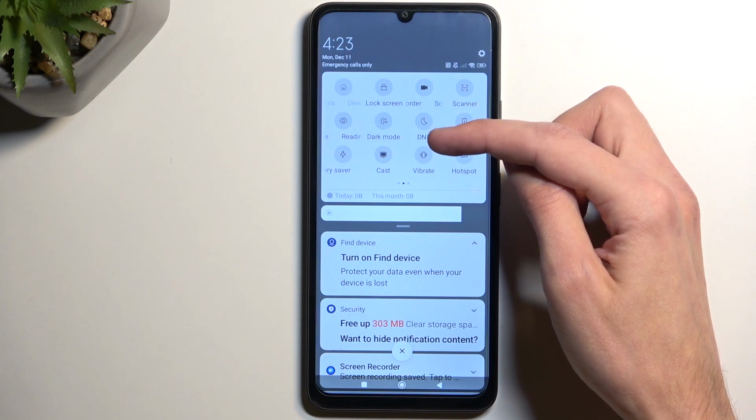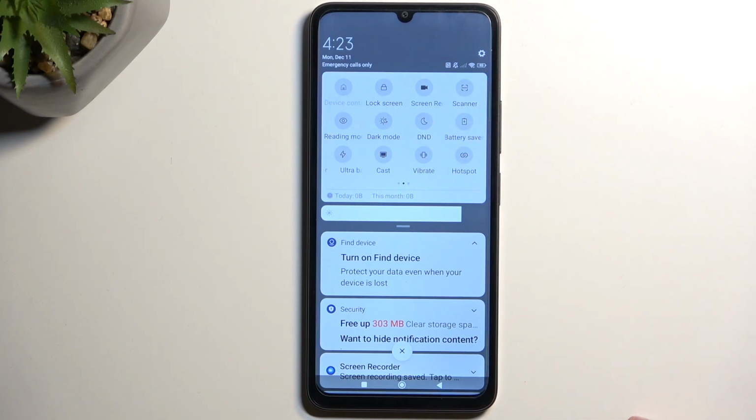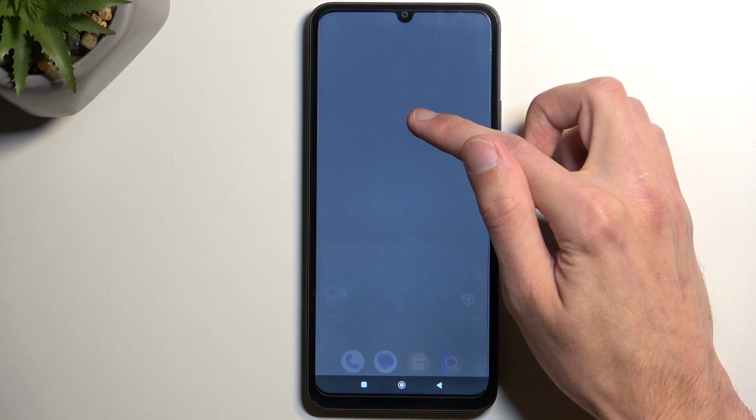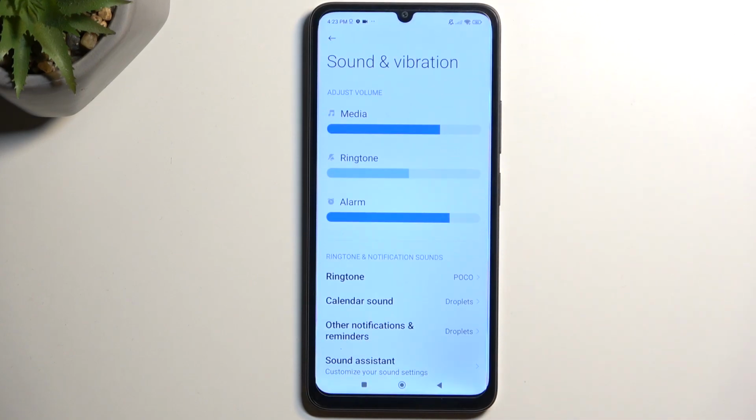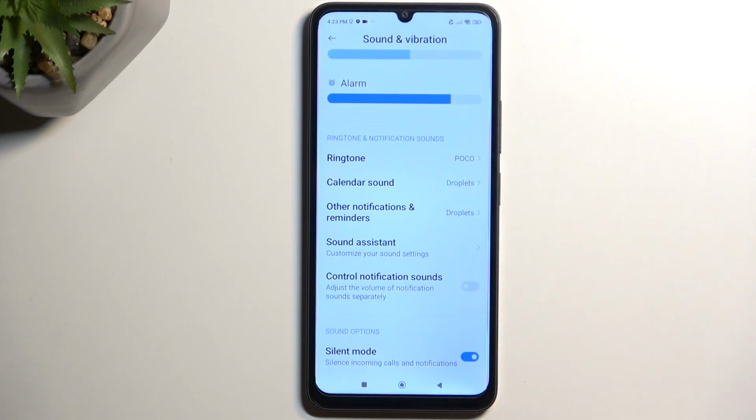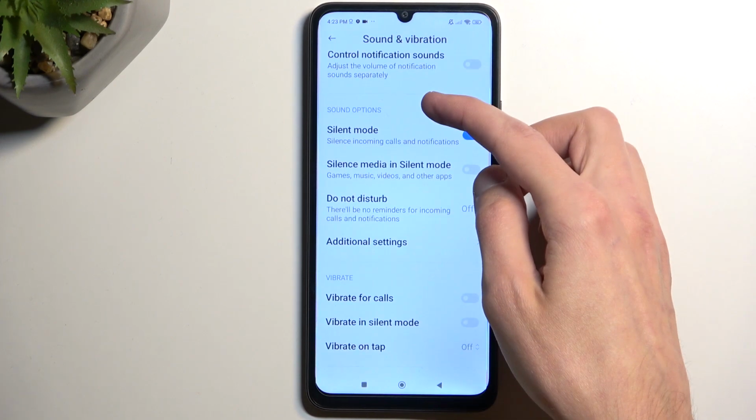Now it is shortened to just DND, but once you see it, you can hold it. If you're doing this the first time around, I recommend holding it, because this will take you to the settings, and here you can gauge how it's set by default, and if something doesn't fit your exact needs, you can obviously change that. So taking a look, let's see, I'm gonna